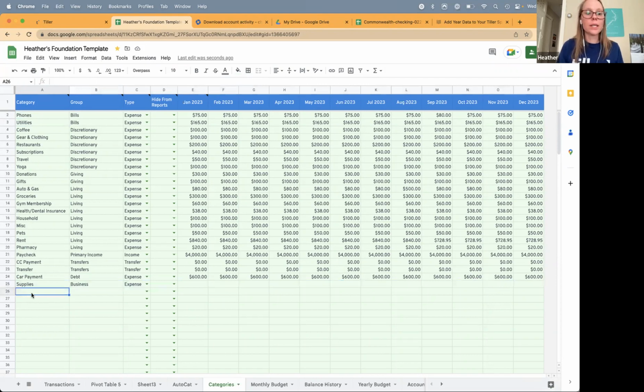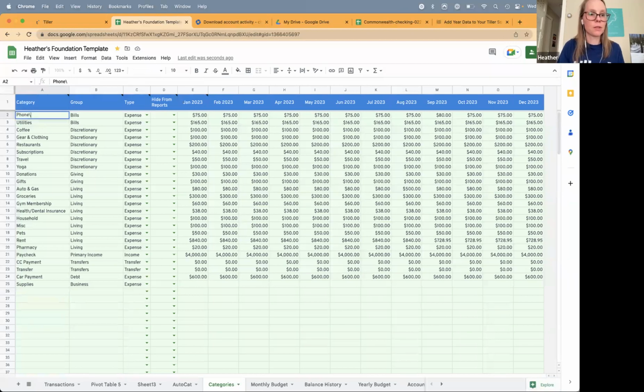And so this is really one of the first steps for getting set up with Tiller. Once you've got the data filled into your sheet, our recommended next step is to spend time thinking about your categories, your category group structure. I didn't go through those steps because I'm just assuming that you've already done that. But as you're thinking about your taxes and how you need to categorize things, you may need to rethink the categories that you're using if your accountant requests specific information and maybe you did it differently to begin with. It's not difficult to change a category once you have already categorized transactions. And so